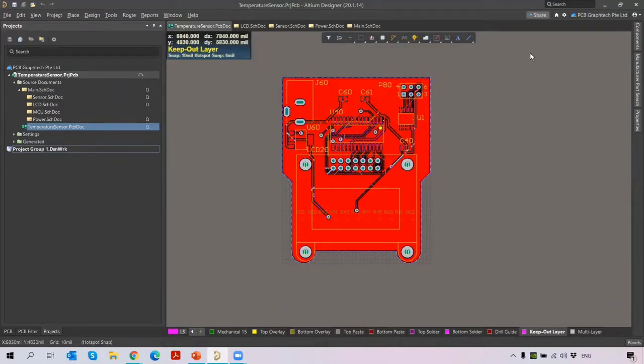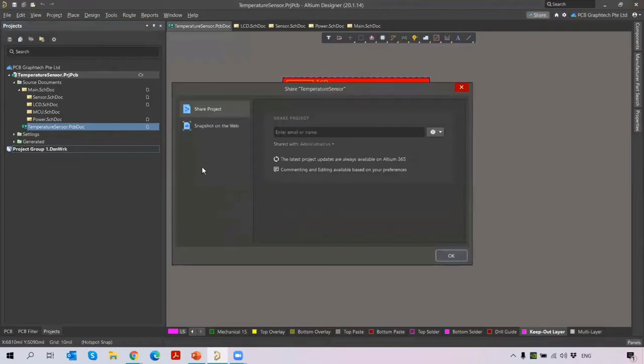So if I want to share, you can just go to this share button and then you can share here. So I just click share here. And then there are two ways to share. I can share the whole project to any person who is within the organization or outside. Then I can ask them to view only, or I can ask them to edit by giving them the choice to edit it. Okay, so you can also do that.